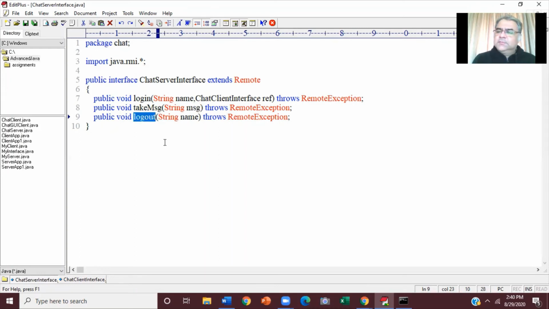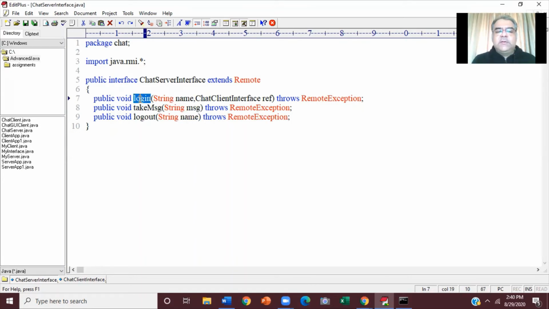Logout. How do you think we are going to implement this method in the server? Client is going to call logout, passing his name when he wants to go. So what do you think should be done? Yes, don't you think the very first thing that we should do in logout is that this guy who wants to log out, his corresponding client info object should be removed from the vector?